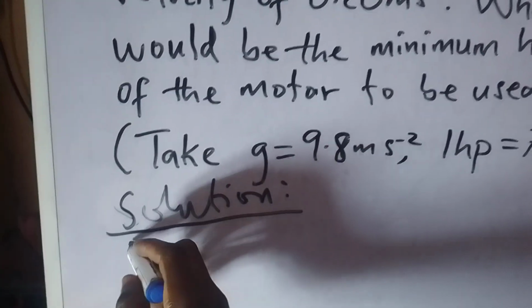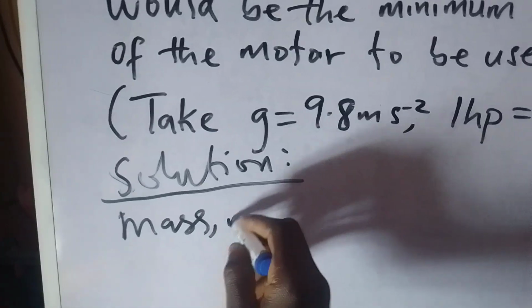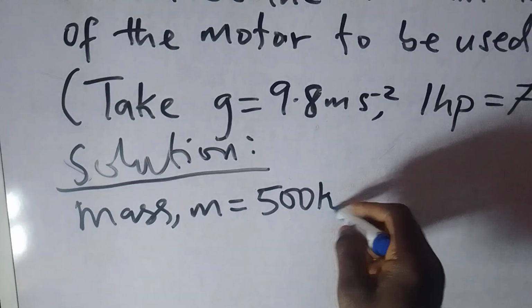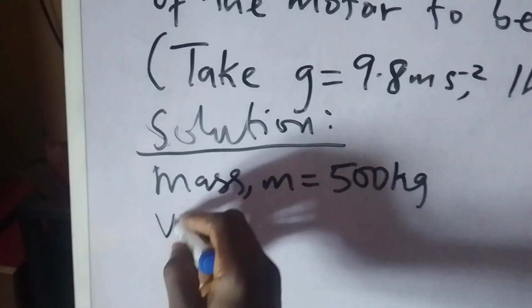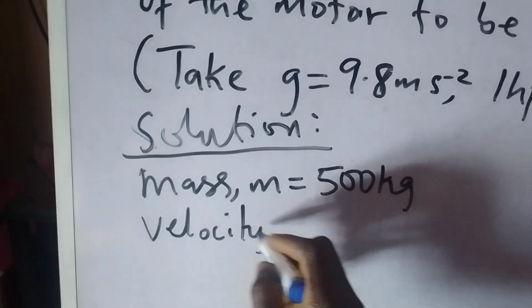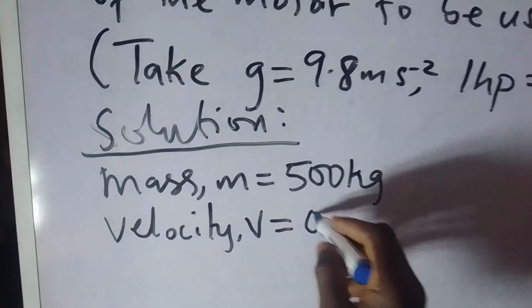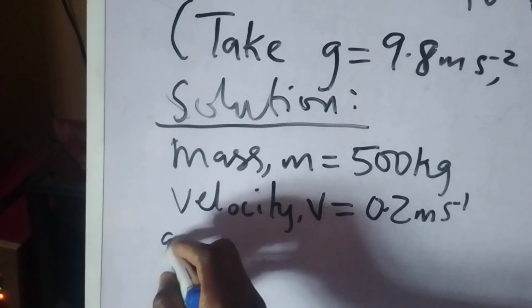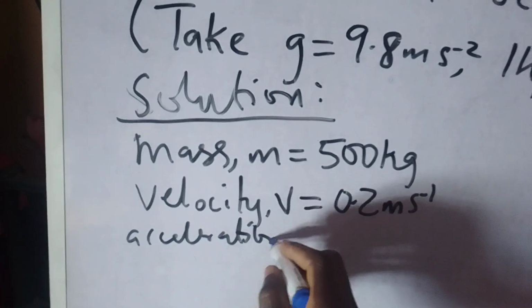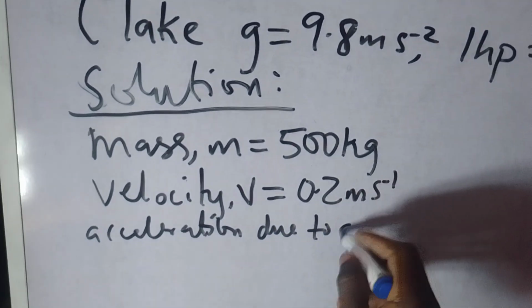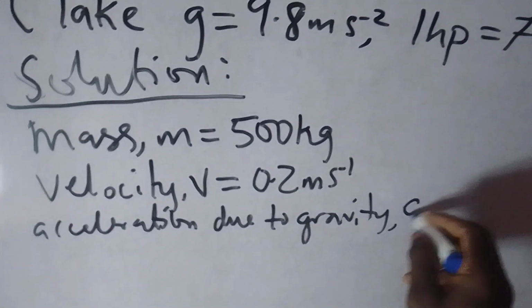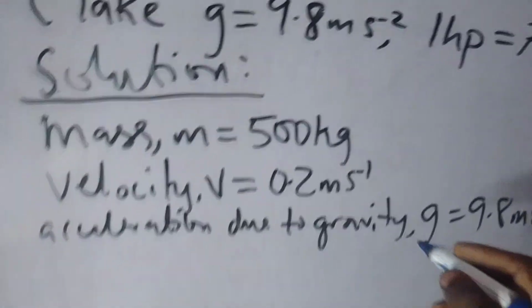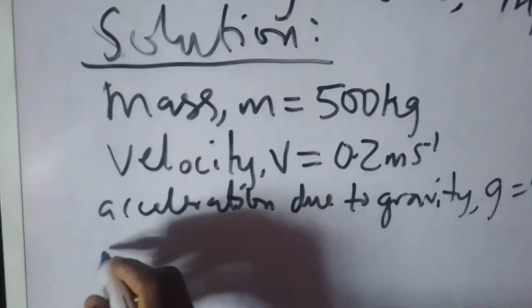In this case, you are being given that mass m is equal to 500 kilogram. Then velocity v is 0.2 meter per second, while acceleration due to gravity g is 9.8 meter per second squared. So what do you do? First of all, you have to calculate power,